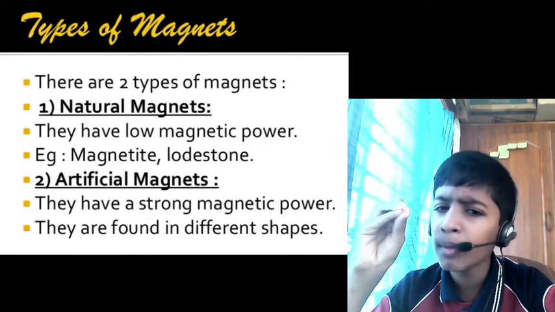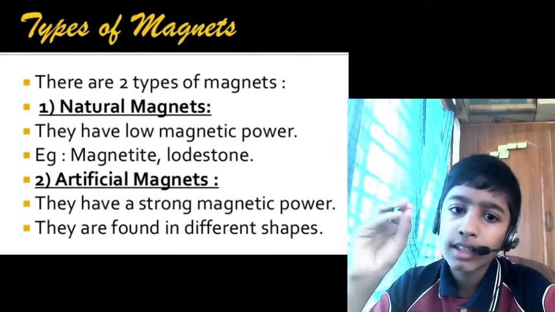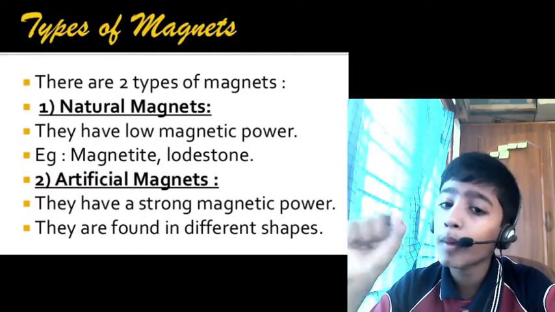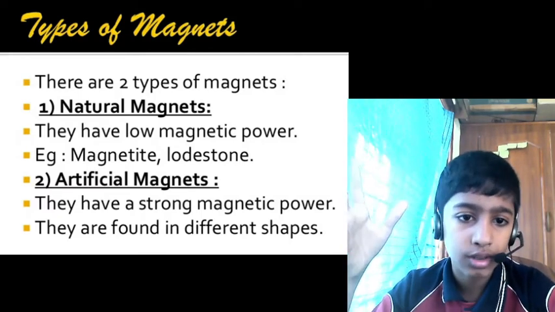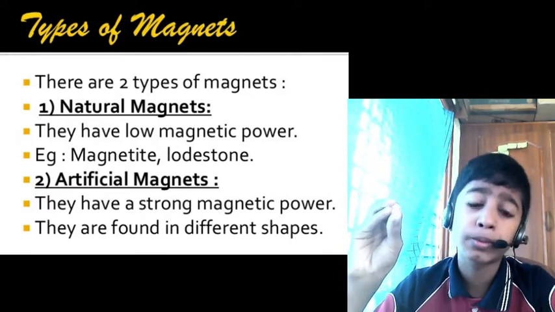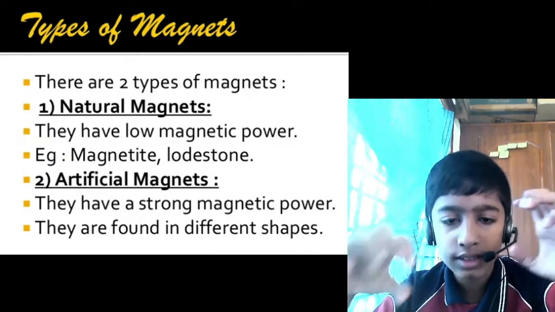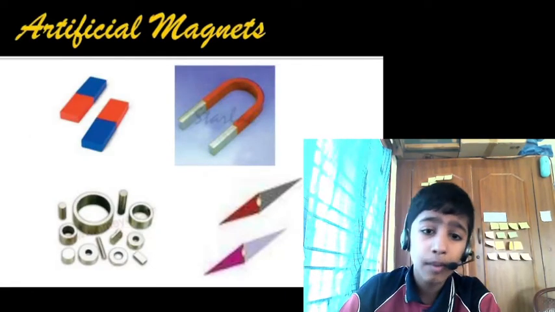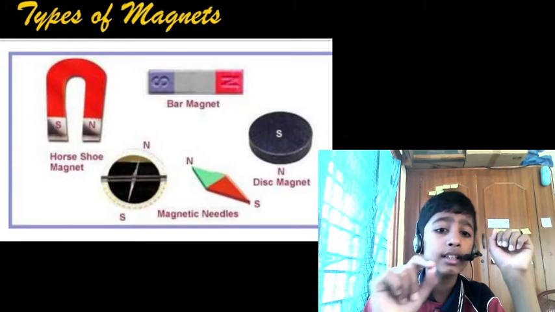And artificial magnets have strong magnetic power because they are man-made. Artificial means man-made, natural means they are found naturally. They are found in different shapes because they are man-made. Man can make the magnet in different shapes. And the types of artificial magnets are horseshoe magnet, bar magnet, disc magnet,